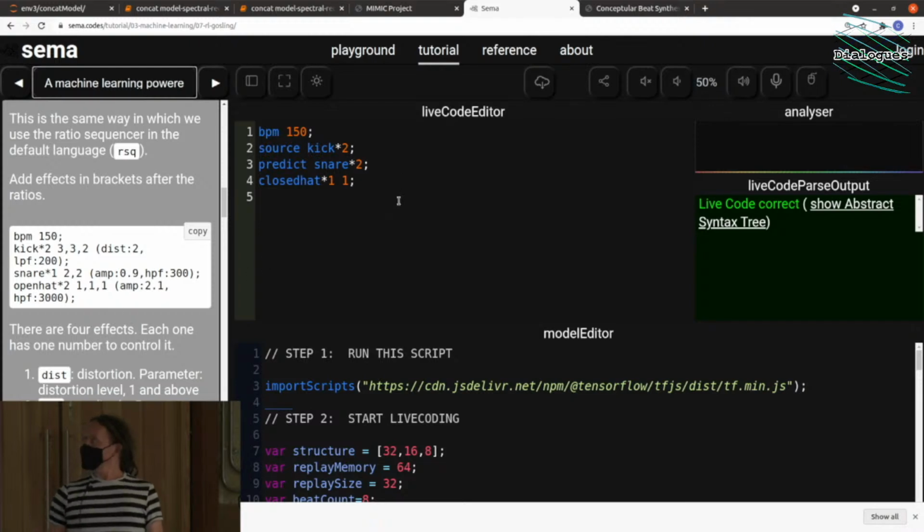The way this works is it's got reinforcement learning running in the background. There's an agent which listens to one source sound and one target sound and tries to learn the relationship between them. So for example, you could play a kick drum as the source sound and then ask it to learn the hi-hat pattern. Then you can put it in prediction mode and it will try and repeat that hi-hat pattern in response to the kick drum pattern. So there's reinforcement learning going on in the background.